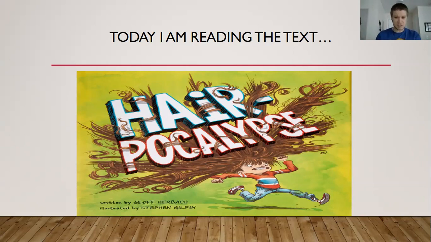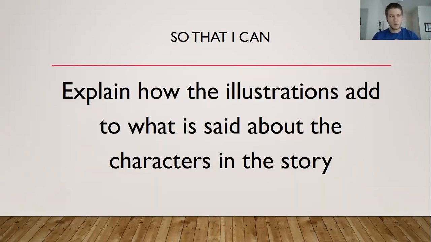And if this text is fiction, there's a couple things we need to be thinking about while we're reading. Number 1, how are our characters acting and how are our characters feeling? And the second thing we need to think about is, why was this story written? Like, why did the author want to write this particular story? So we need to be thinking about central message. Why was the story written in the first place? And so today, while we're reading this text, we're going to continue doing what we did yesterday, which is practicing using those illustrations, connecting them to the text to tell us a little bit more about our characters in the story. And we're going to practice that in just a second.